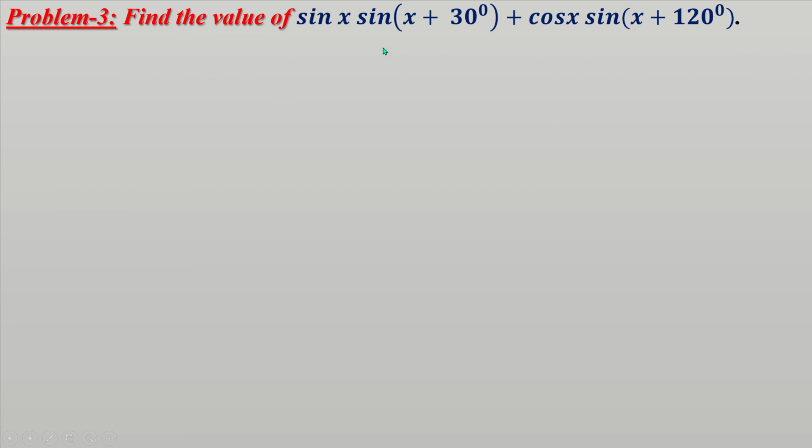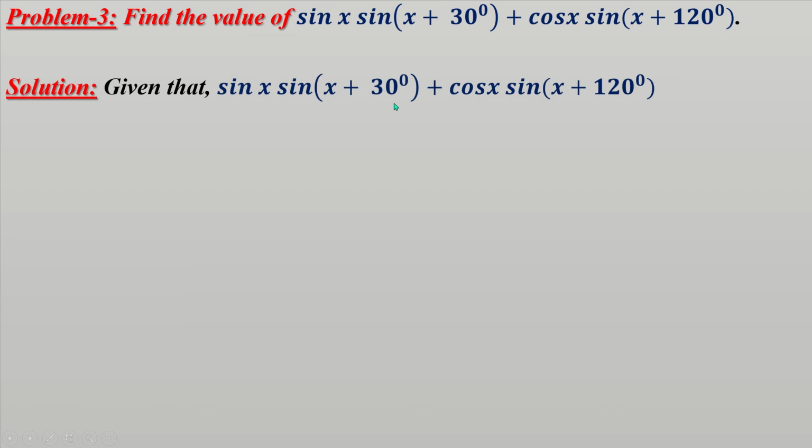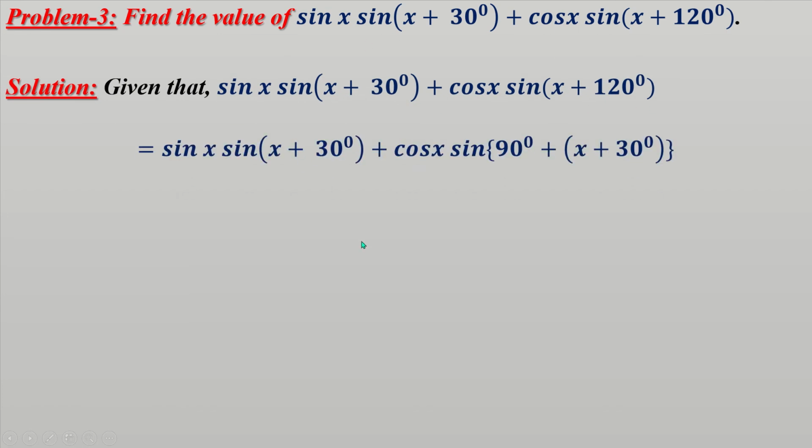Problem 3: find the value of sin(x plus 30 degree) plus cos x sin(x plus 120 degree). So this equals, we can write this is a given condition, but 120 degree equals, we can write, 90 degree plus 30 degree, and x fixed. This is also like the previous math. This part fixed, here also sin(90 degree plus ...) means cos(x plus 30 degree). 90 degree equals number of right angle 1, so sine will be cos, and 90 degree plus something means second quadrant, sine positive, so here will be plus. That means this same.